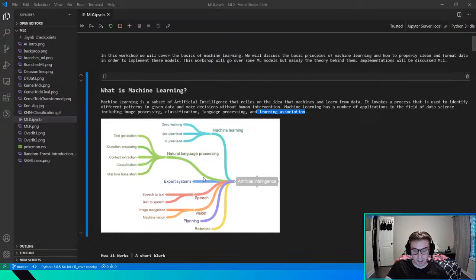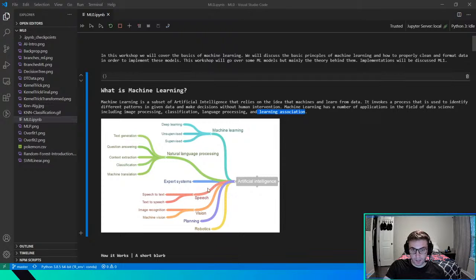And then natural language processing, you see a lot. It's becoming more and more popular today. That's the idea that you can take text in and understand what it's saying, or the machine can understand what it's saying. So that can be something like Q&A bots that a company may have for customer service. It could be something like, as I said, sentiment analysis. It could be all kinds of stuff. I think one of the most famous examples currently is the GPT-3 model developed by Elon Musk's company OpenAI, where you can give it some type of introductory sentence and then it will fill in the rest from there. Expert systems, I believe, is something like giving an option that gives you the best result.